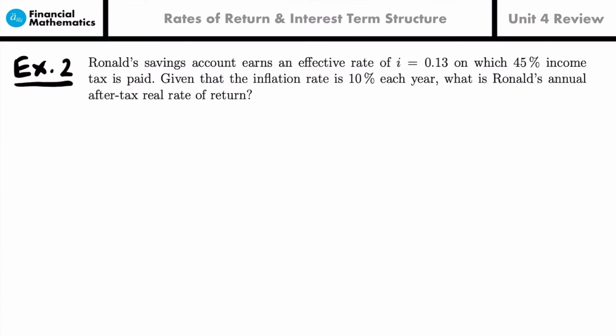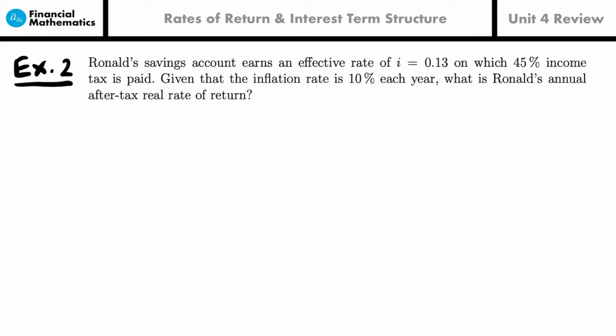For our second review problem, we have Ronald's savings account earns an effective rate of i equals 0.13, on which 45% income tax is paid. Given that the inflation rate is 10% each year, what is Ronald's annual after-tax real rate of return? Okay, so if you want to take a moment and pause the video, try this problem out for yourself, see how you do, and then once you're ready to check your work, feel free to play the video